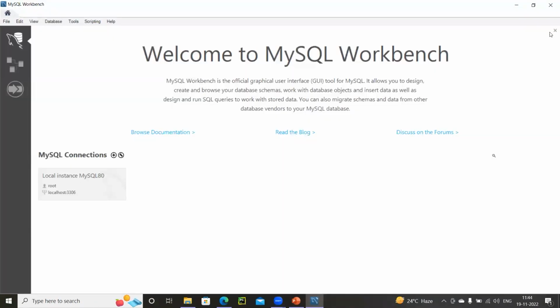And this is the screen that you will get. The Workbench will be your IDE for your MySQL, so this is the look of your IDE. I'll explain the different things that you can see here, and then we can start working with some queries. By that time, I will also explain what an attribute is, what a row is, and what conditions I can enforce on an attribute. All those we'll see. But for right now, let's understand this home screen.